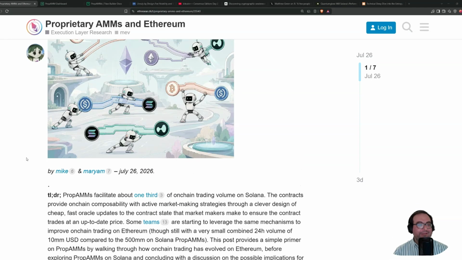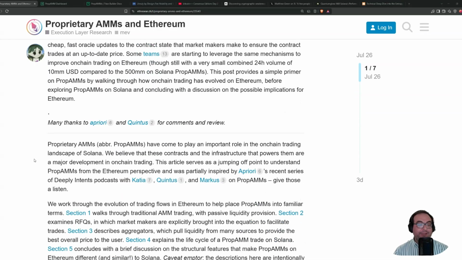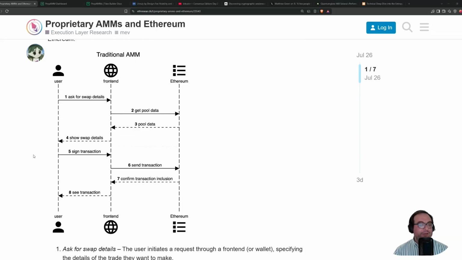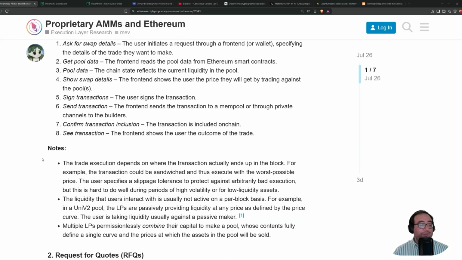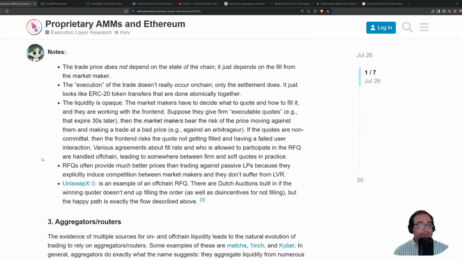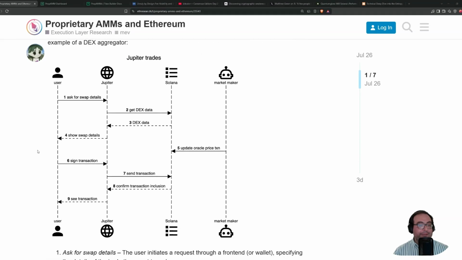And this is an article I advise if you care about prop AMMs. Maybe you heard about this word, and it's maybe not super clear what prop AMMs are. Well, this is a good article. It starts from the beginning, what is an AMM, and goes step by step towards defining the functioning of a prop AMM. Who are the different actors, from the user to the website to the protocol to the prop AMM operator. So yeah, this is nice. Let's go to the prop AMM section, but all this is very useful to get there step by step.